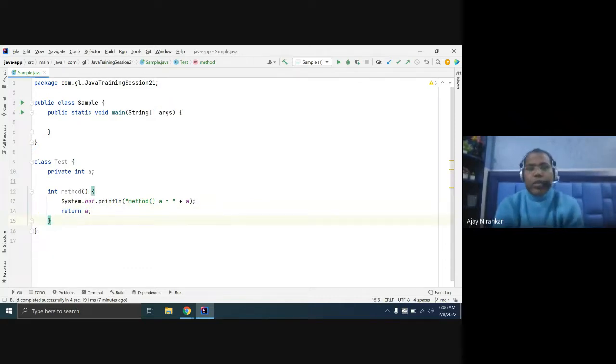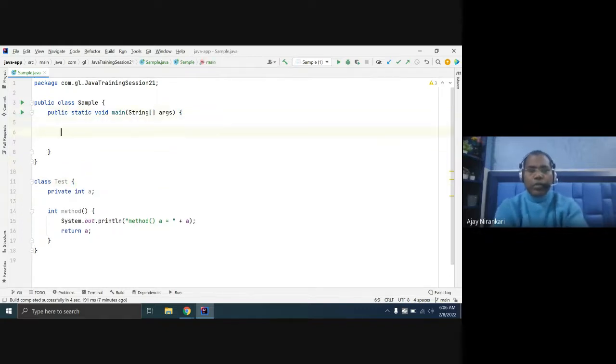So the question is how can we access this method or this variable. Generally, this class can be written in any other package or another folder. The general way is to go to the main method, because main is the starting point of my application.